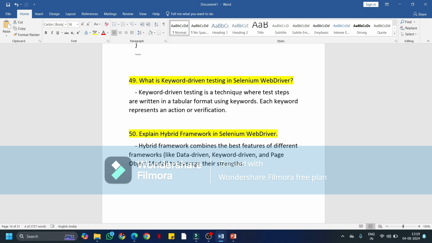Explain the hybrid framework in Selenium WebDriver. A hybrid framework combines the best features of different frameworks like data driven, keyword driven, or page object model to